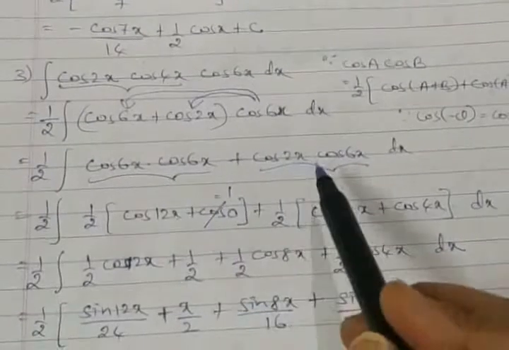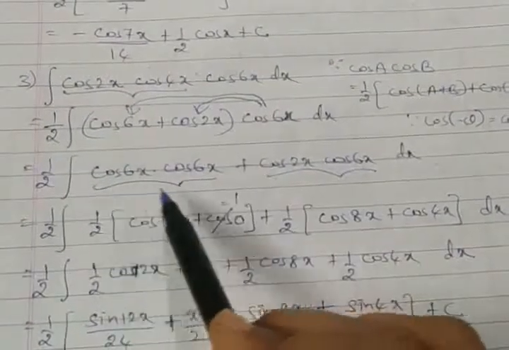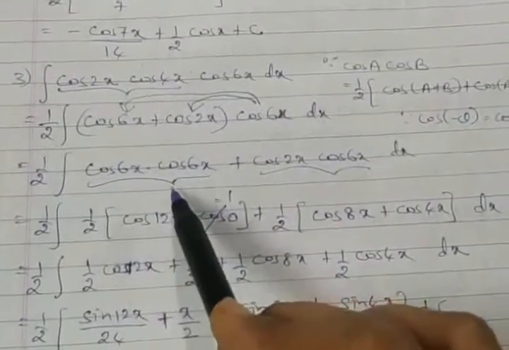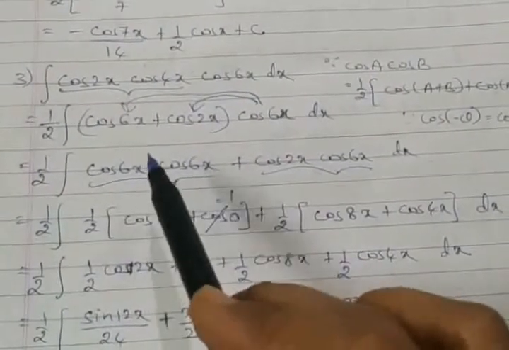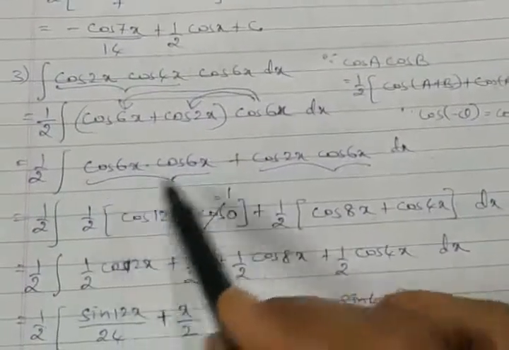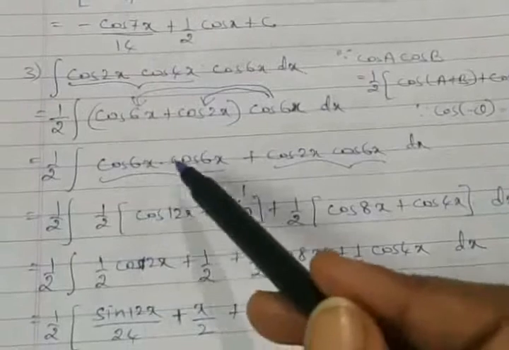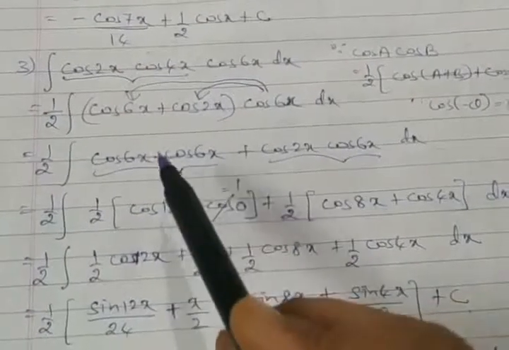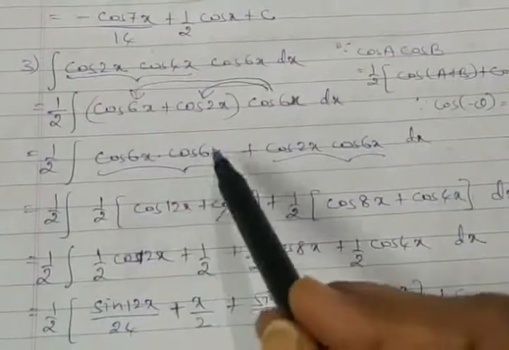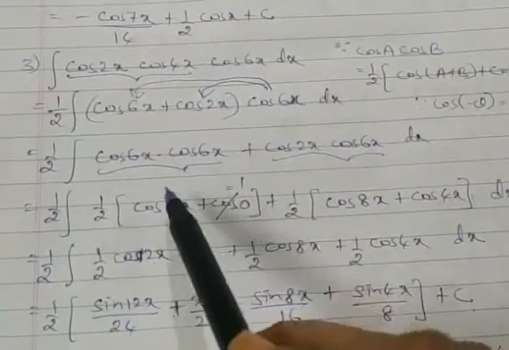Again I am going to apply the cos a cos b formula. If you note here, this can also be taken as cos square 6x. Cos square, how to integrate cos square? Integration of cos square is to be done as 1 plus cos 2 theta divided by 2, already we discussed. So it is the same as the transformation formula only. If you want, you can go for cos square, or do it the other way. But right now anyway I have applied the cos a cos b formula here.